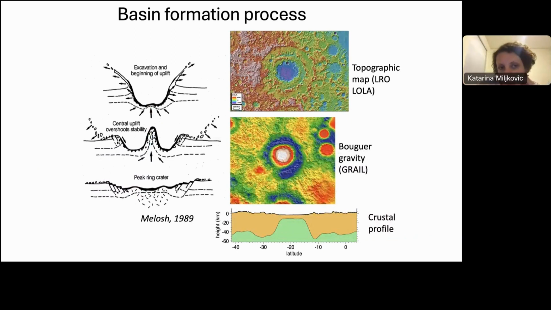So I would like to move on now to the studies that we did with the Apollo samples, because Apollo samples are quite old and more likely have come from an impact basin on the Moon. So we're going to switch gears and now talk about very big craters, because I'm moving on to the next case study. So impact basins are quite unique geological structures, because when they formed within the first 700 million years